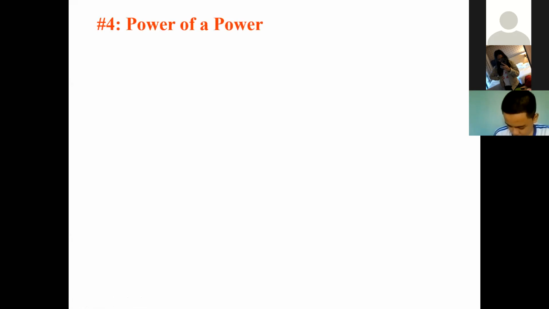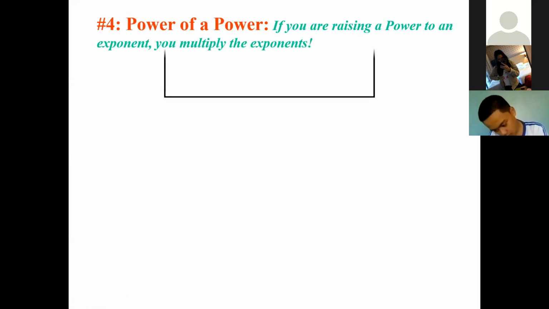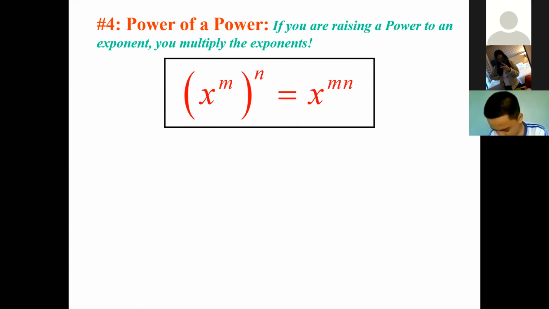None? Okay, let's proceed with the integer exponent, this is rule number 2. I'm not sure what rule number is this in your module. We call this rule the power of a power rule. Rule number 2 is power of a power rule. In other words, if you're raising a power to an exponent, you just have to multiply the exponent.